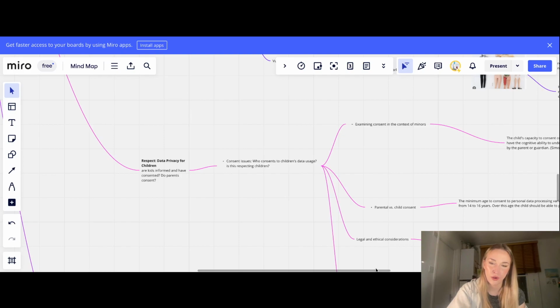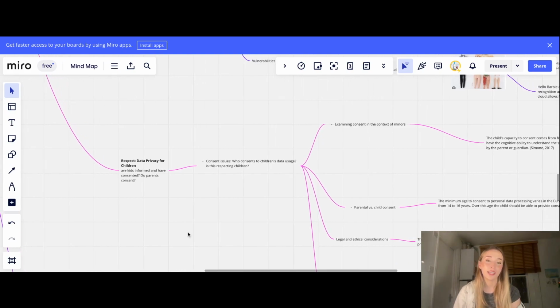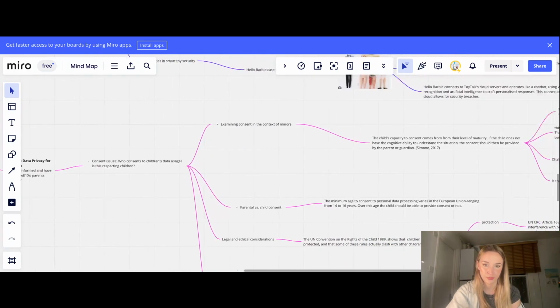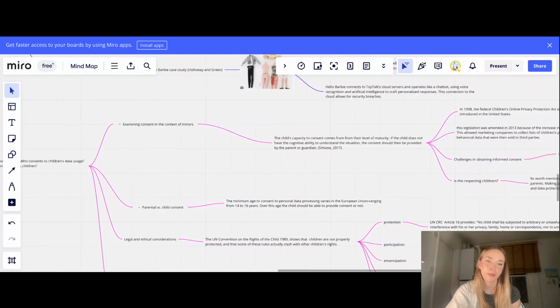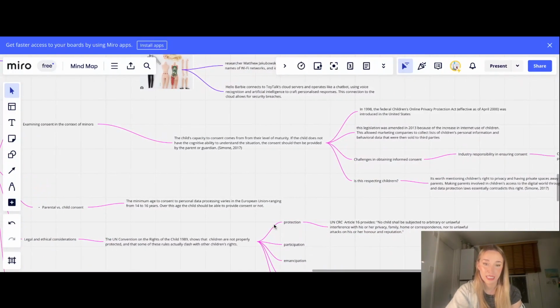The next block of my mind map and my presentation is respect. Data privacy for children. Are kids informed and have parents consented? Who consents to children's data usage, and is this respecting children? So let's start by examining consent in the context of minors. The child's capacity to consent comes from their level of maturity. If the child does not have the cognitive ability to understand the situation, the consent should then be provided by